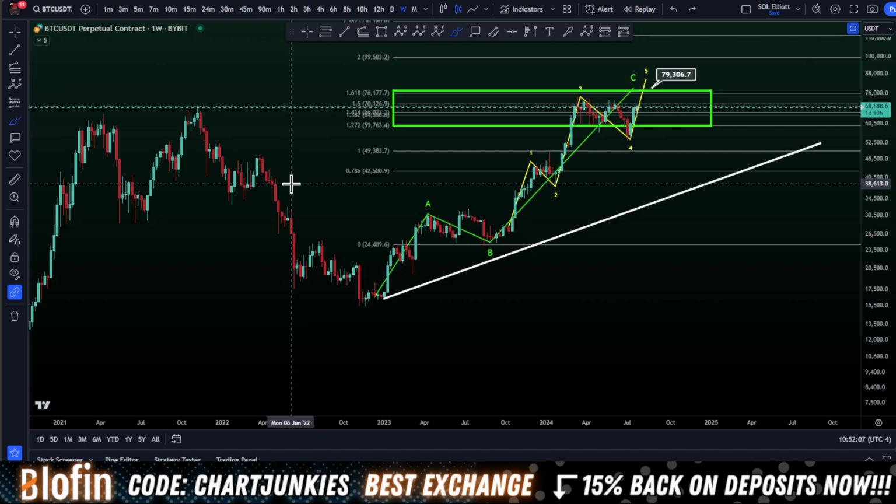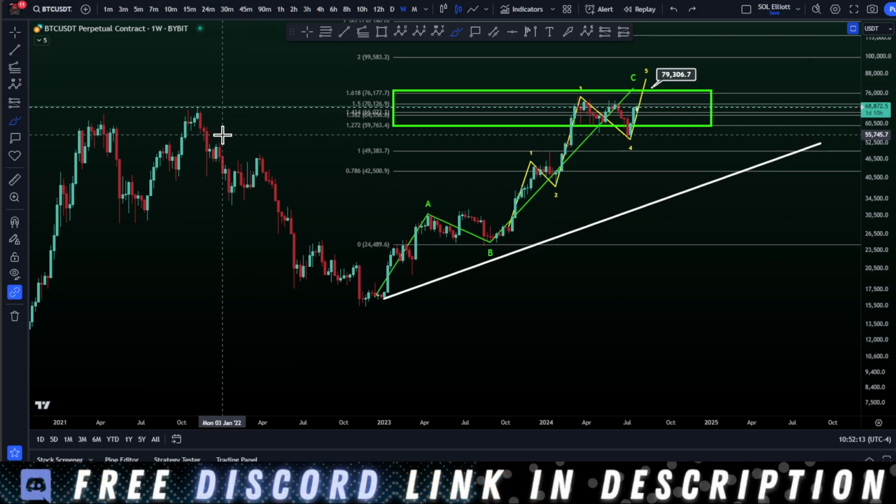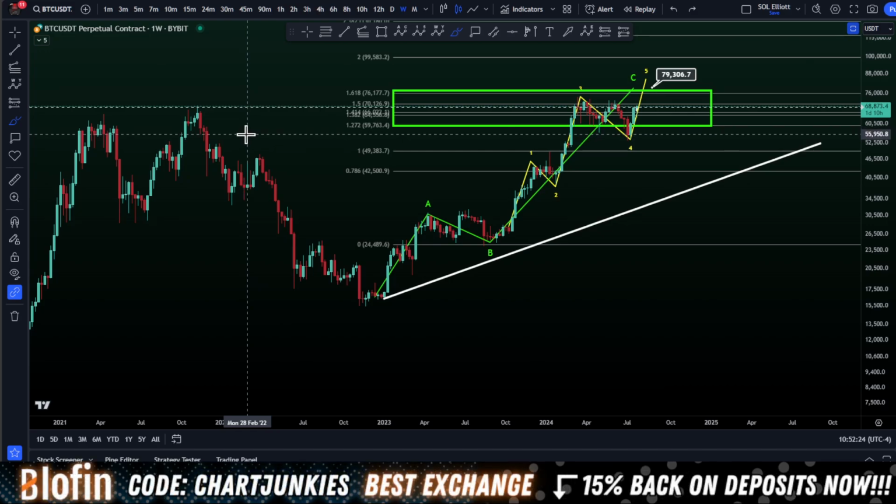And before we go into smaller time frame stuff and show you what's going on immediately, where you can get into these trades, I do want to show you this alternate count. It's a wildcard count, guys, and it's honestly a very real possibility. When I'm looking at other coins and how their waves are progressing, it really matches up well with the overall crypto market and the overall market.